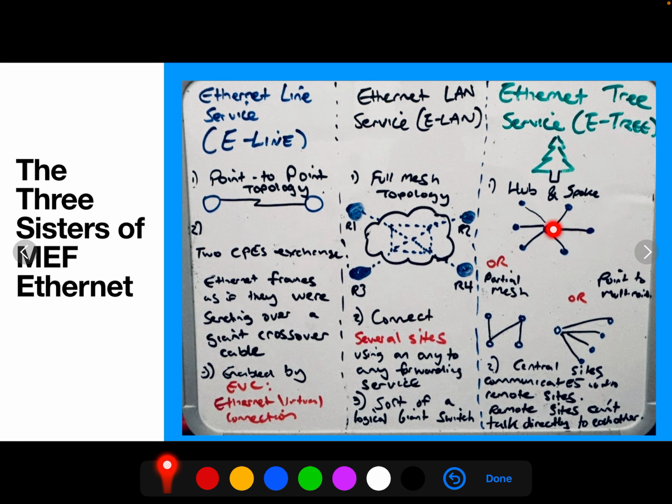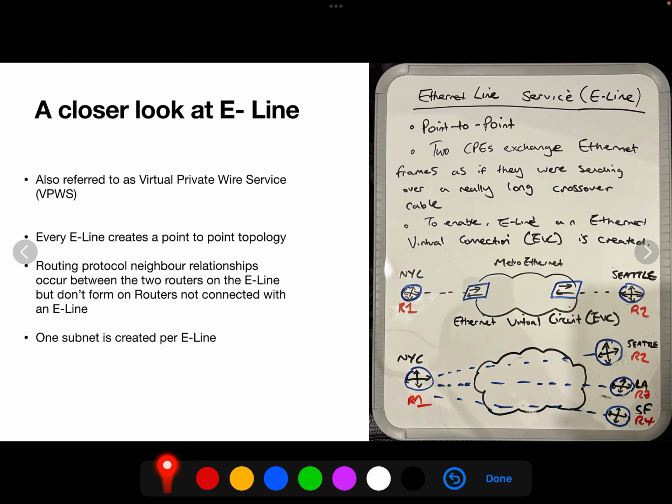They have to go through the central hub, which is in, let's say, Washington DC. So let's have a closer look at E-Line. It's also referred to as VPWS, Virtual Private Wire Service. Now, every E-Line creates a point-to-point topology, like I just said. So, point-to-point topology: two CPEs exchanging Ethernet frames as if they're sending over a really long